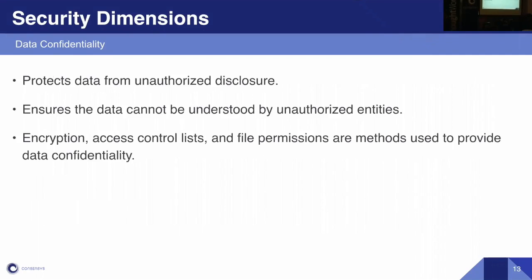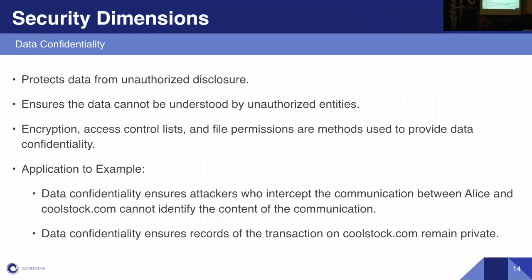Data confidentiality. So it protects against unauthorized disclosure. It's what you normally think of as encryption. It's making sure that people can't see what the nature of the data is. And in our situation, you've got two parts of data confidentiality. You've got data in flight and data at rest. So data in flight is when data is being transferred. So in the communications link between her and the website, that's data in flight. Data at rest is when it's being stored on disk. So in both of those situations, you need it to be secure. You need it to